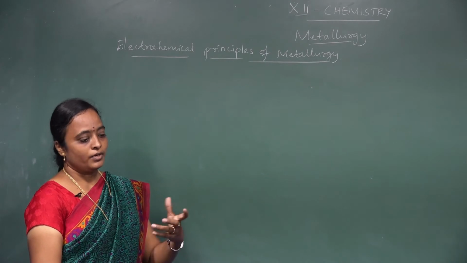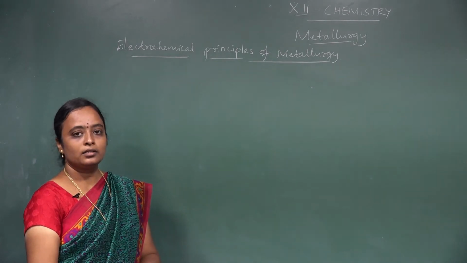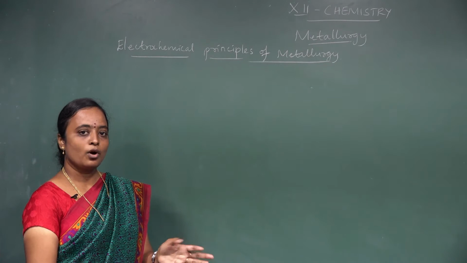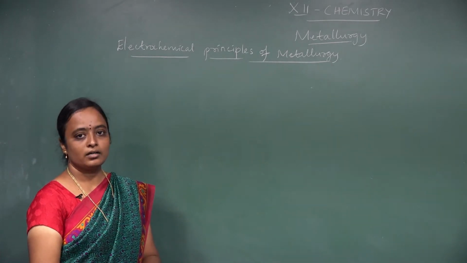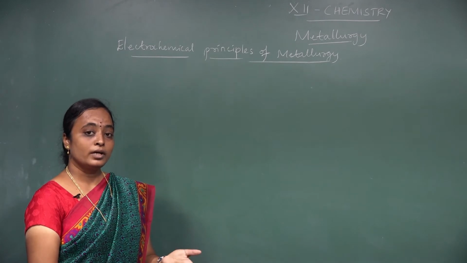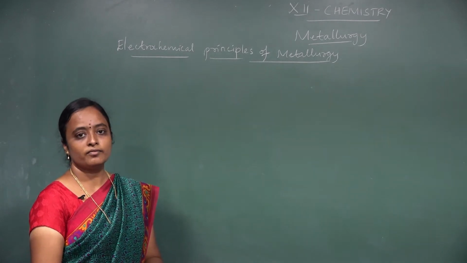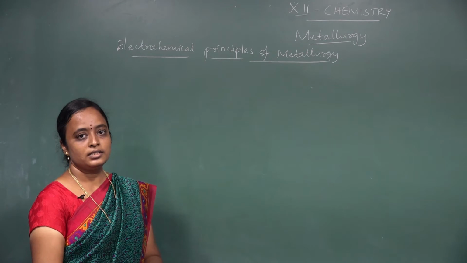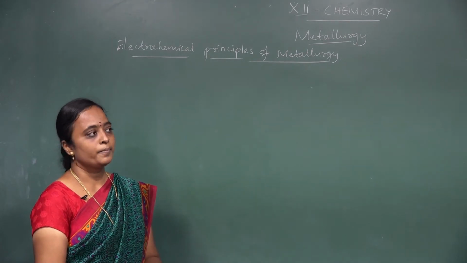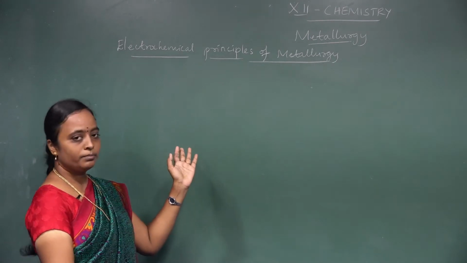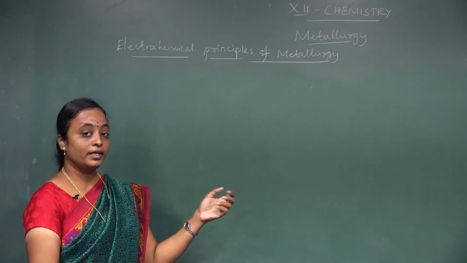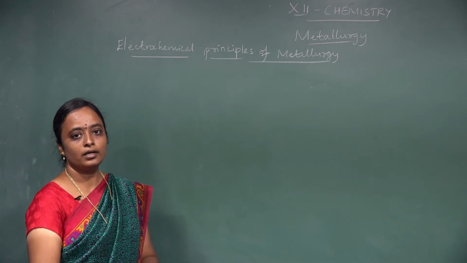The metal should be in the salt form. From the salt form only, you are going to get ions, and those ions can be reduced by using a suitable reducing agent under the conditions we apply. So a thermodynamically not possible reduction process can be done by using an electrochemical method.